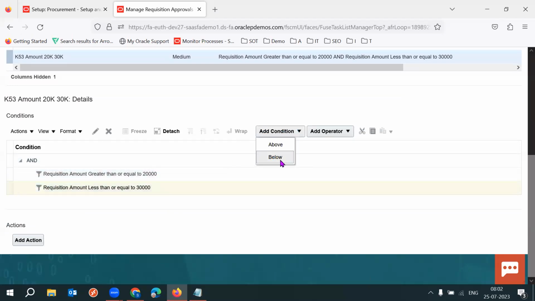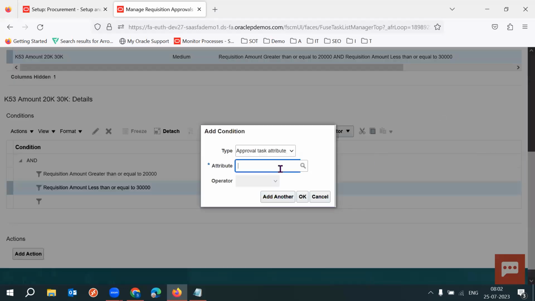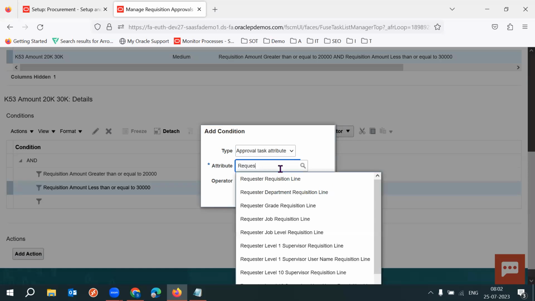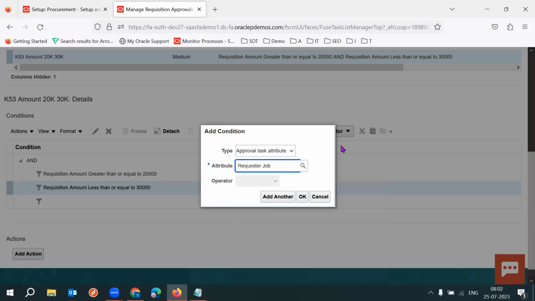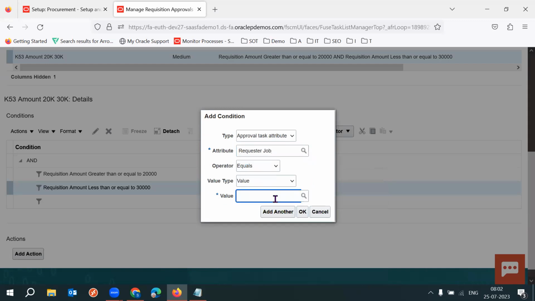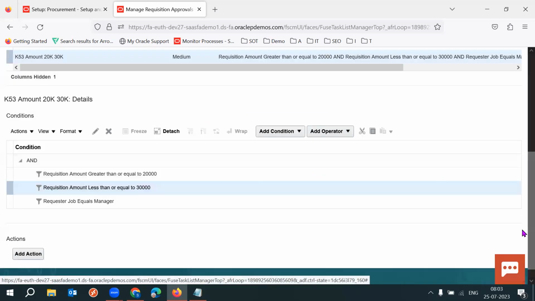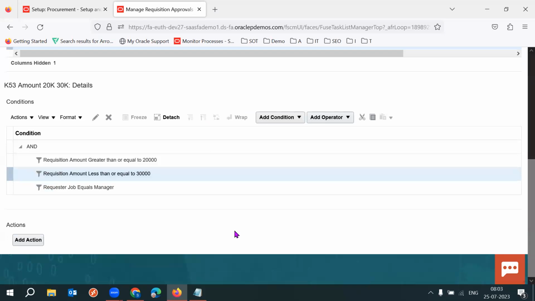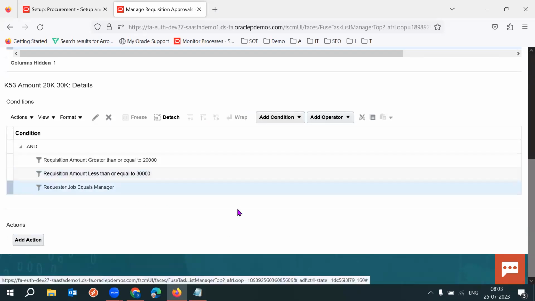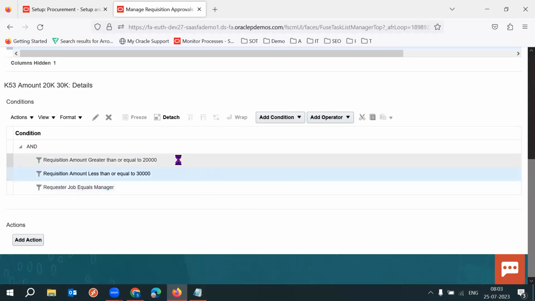I am also adding the condition here. Requester job, the job is equal to, not sure whether manager job is there or not. Okay, it's there. Okay, what are the conditions here? If the requester is equal to manager, and if the amount is between 20,000 to 30,000, 20K to 30K,